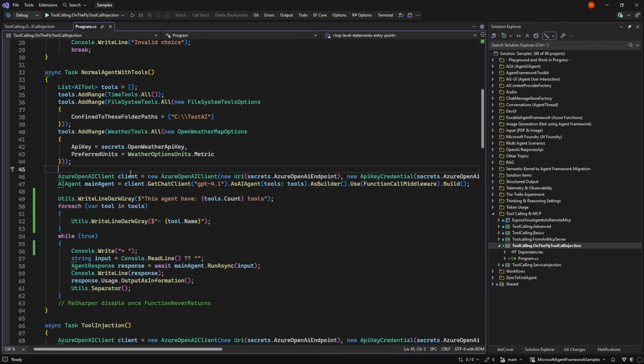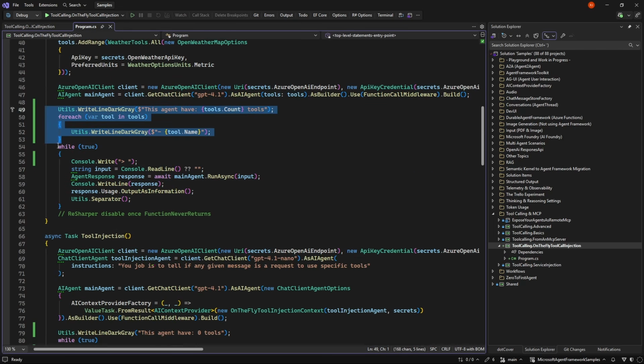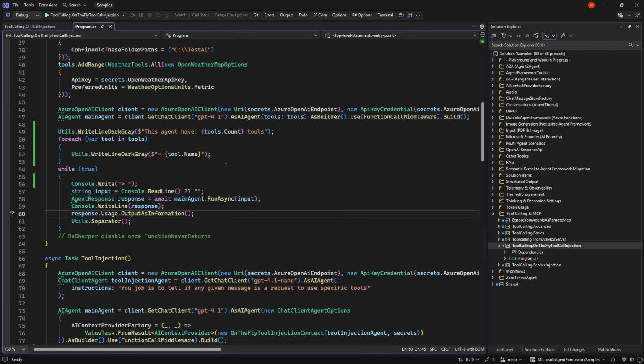And then I do a normal client and a normal agent, in this case ChatGPT 4.1, and I give it the 15 tools. And I just show them out in visual, but else this is completely normal, but no session or thread. So that makes sense. We give it the tools every time. We need to use the 500 something tokens every time we just give any kind of request to the agent.